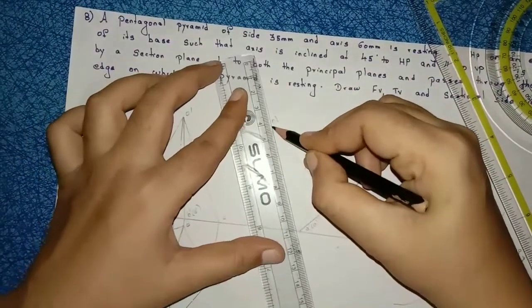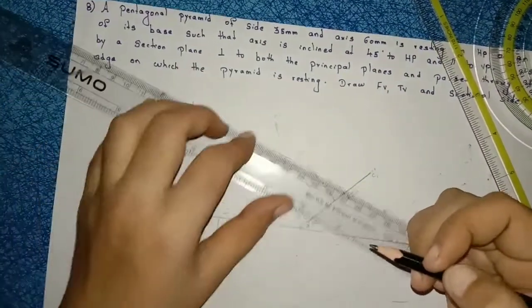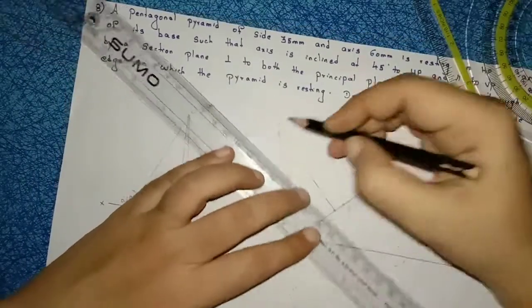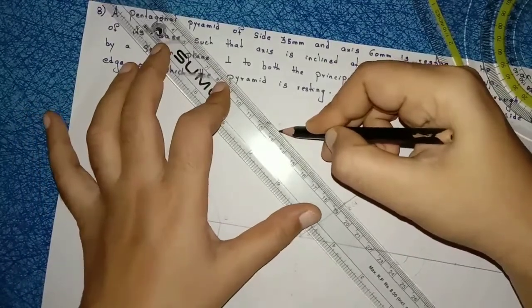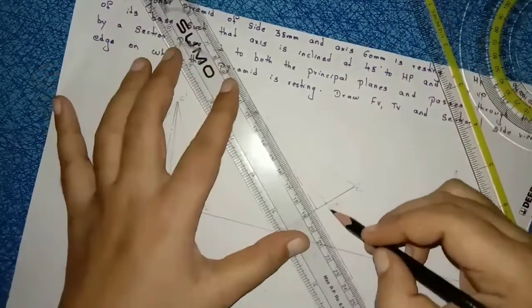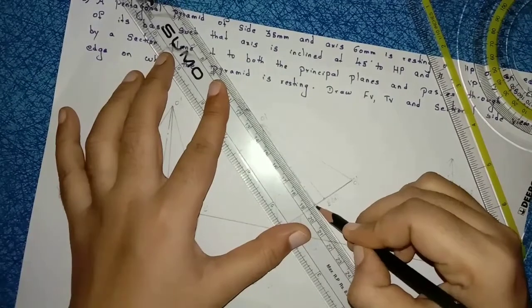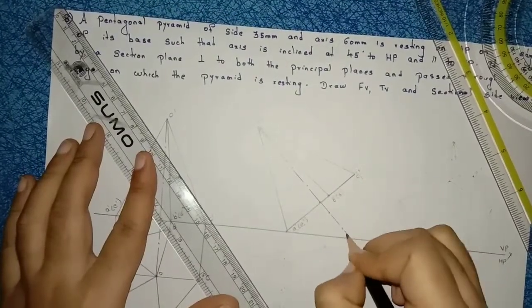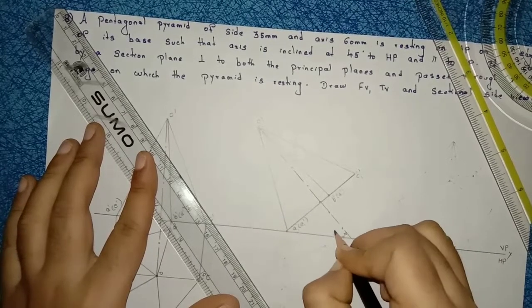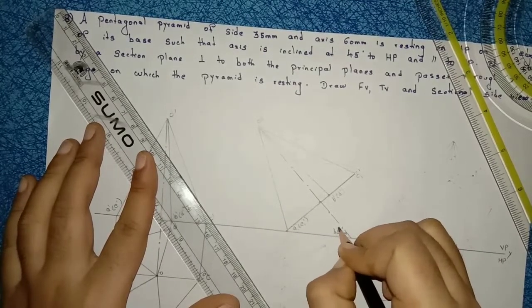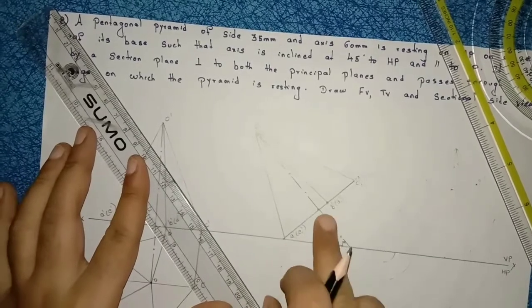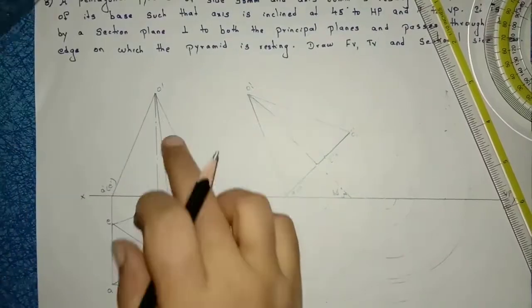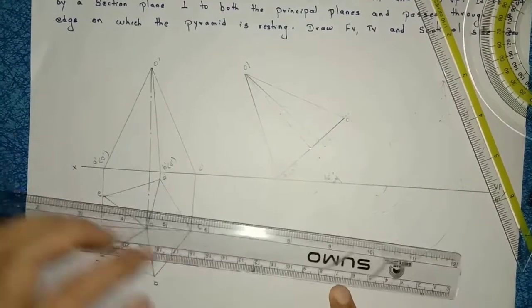Now join O1 dash to A1 dash, O1 dash to C1 dash and O1 dash to here B1 dash. Now if you extend the axis line till the reference line, you will get the angle here, 45 degrees, because we are taking base angle 45, this is 90, this is 45. Right, after that this is 1, 2, 3 and you should construct the fourth step here.